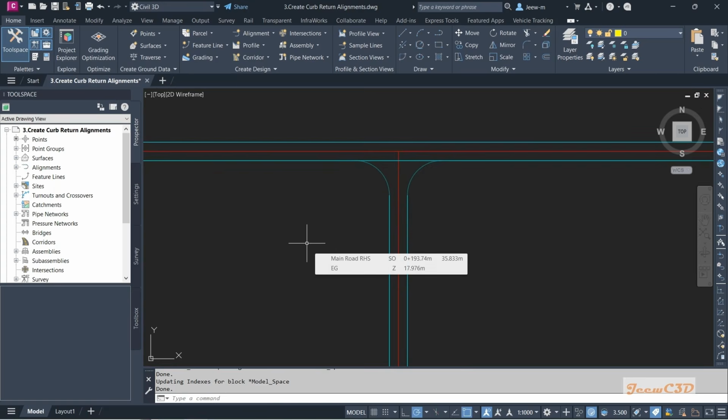use one alignment direction when you are creating the curb return. So as a trick we can do, we are going to create the alignment in the direction where the vehicle turns. So I am going to create this intersection from this side to this side. So I go to Home tab,